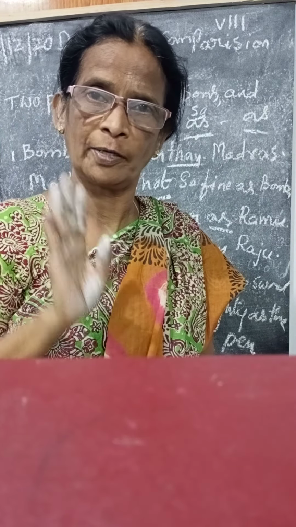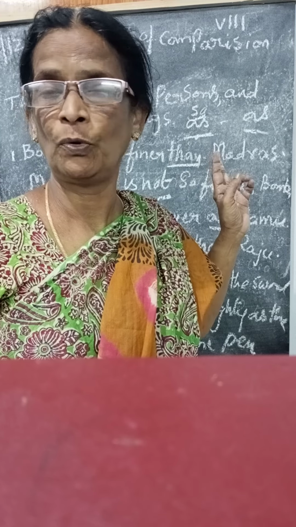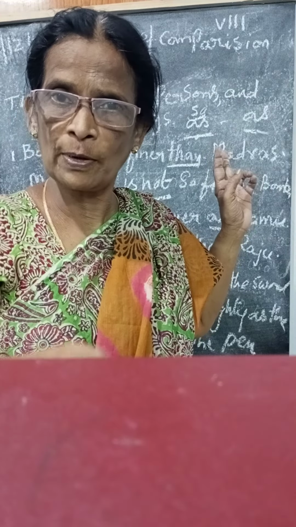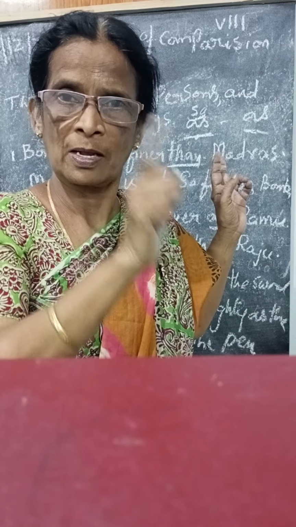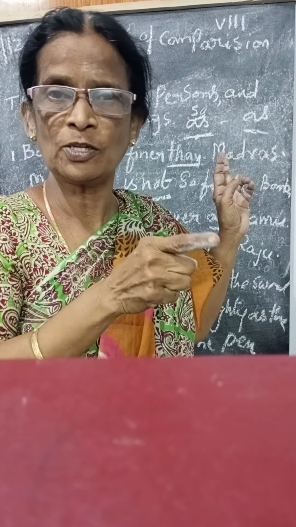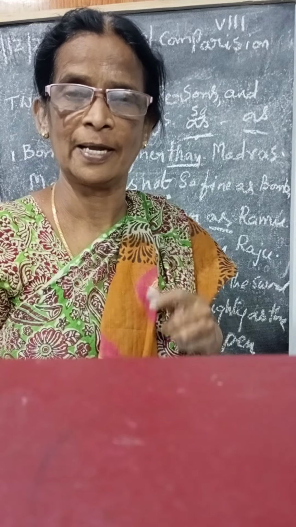So till now I taught three. Number 1 is the ordinary type, number 2 is the special type, number 3 is the two places, two persons and two things. So whenever I ask, you have to write the correct answer, but don't get any confusion. What are the common clues to find out the superlative degree? Before the adjective, the; comparative, than; positive, as. Okay, ma? So you have to remember these three.